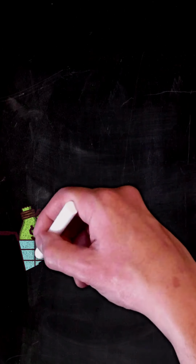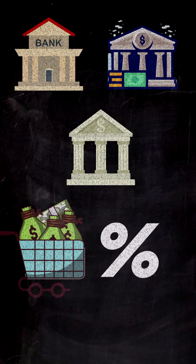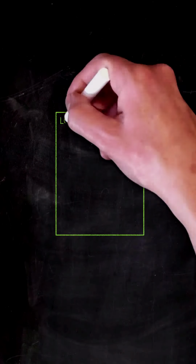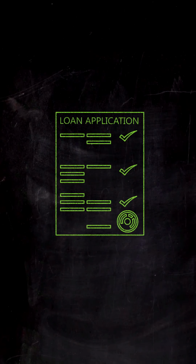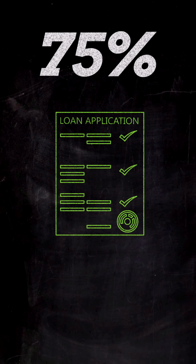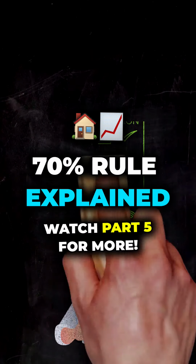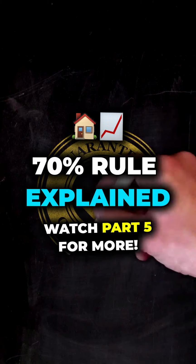You should shop around and see what terms banks in your area offer for cash-out refis on non-owner occupied properties like this. But generally, you should be able to find one that does at least 75%. In which case, if you follow the 70% rule to come up with the maximum purchase price, you would do just fine. Of course, you need to keep in mind that the 70% rule is just